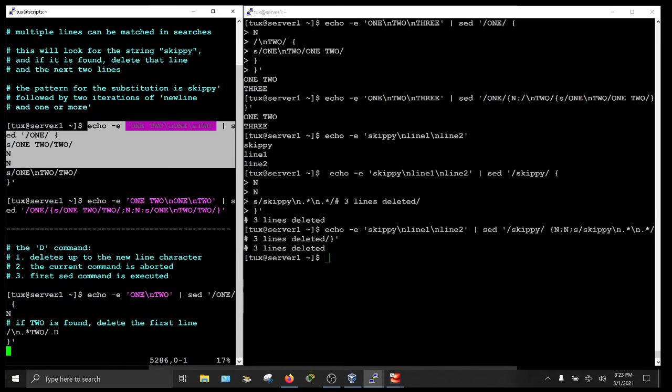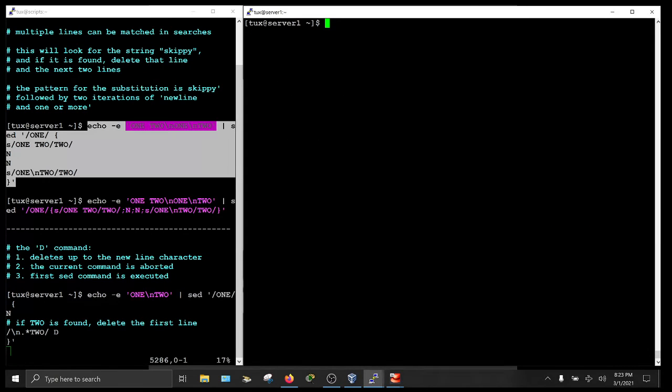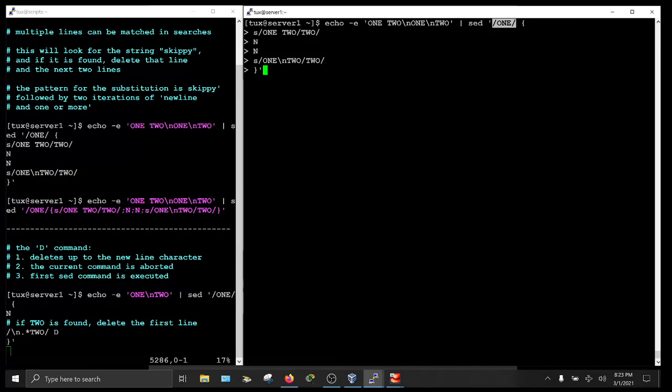In this final example, I'm going to clear the screen and let's take a look. So here we have pattern 1 matches this, and then we have a substitution command, and so this will substitute 1, 2 into 2. But in order to